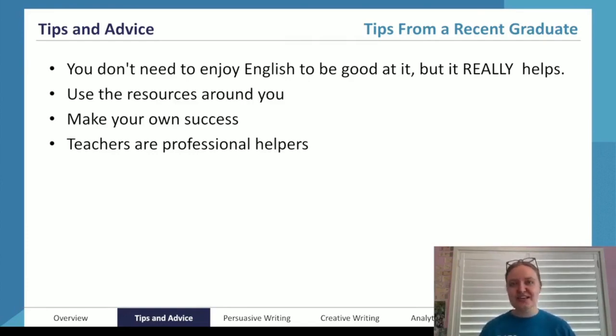So I encourage you to have some fun with it. Don't take it too seriously. Have opinions on all of the characters and concepts that you're talking about. Have lots of discussions in class. Have friends around you to talk about English. I promise if you decide that you're going to enjoy it, you will be better at it. And that goes for all of your subjects. Use the resources around you. Your peers and friends in your class can be such useful, helpful resources.